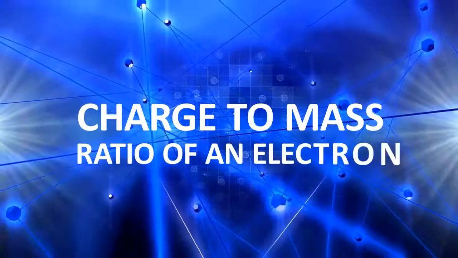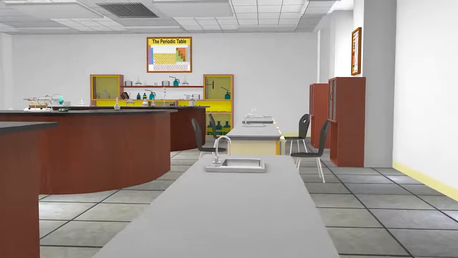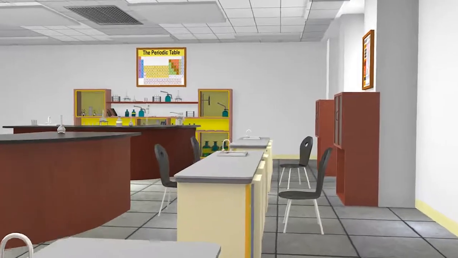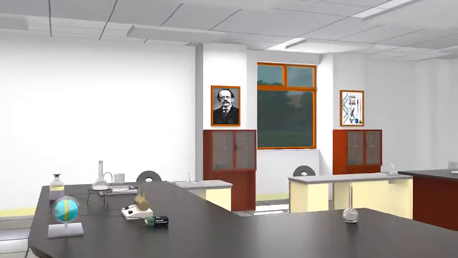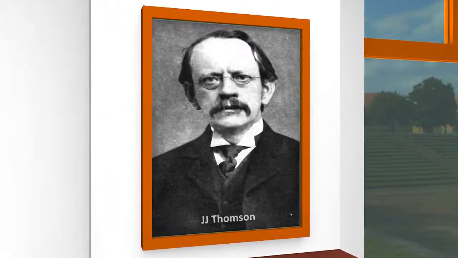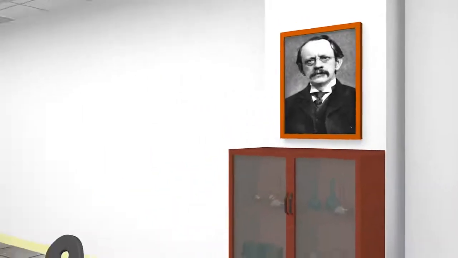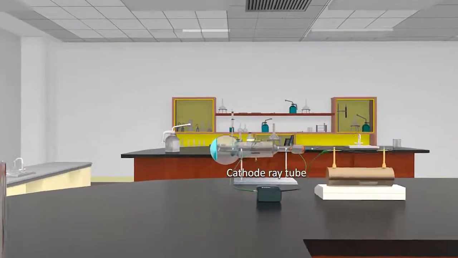Charge-to-mass ratio of an electron. Once the electron was discovered, J.J. Thomson continued his experiments to calculate the charge-to-mass ratio of an electron. The experimental setup includes a cathode ray tube,